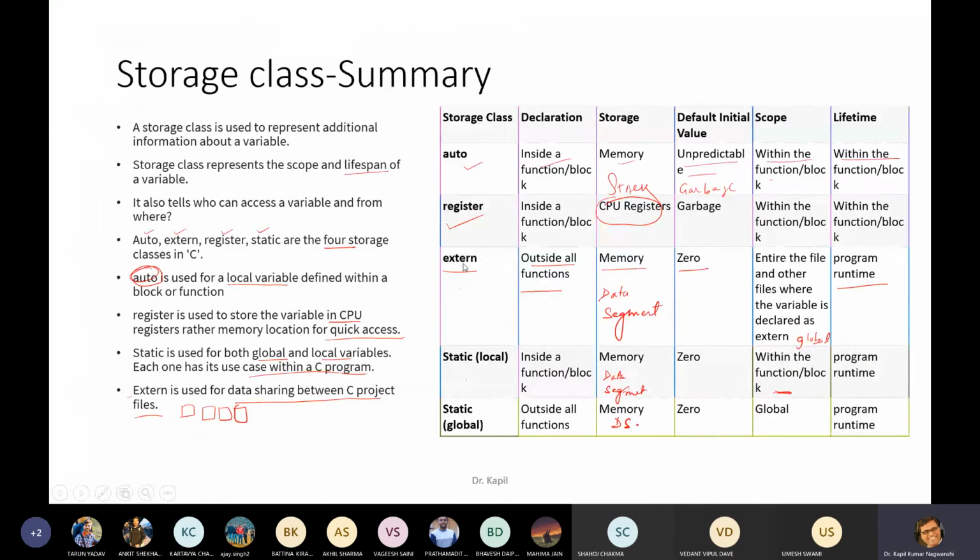Auto is stored in the stack segment and all other variables are stored in the data segment except register. Register is stored in the CPU register.